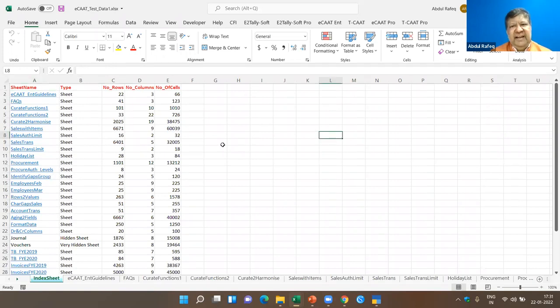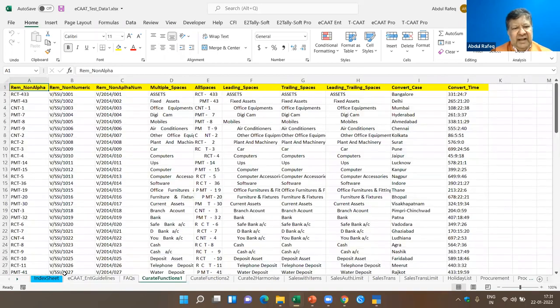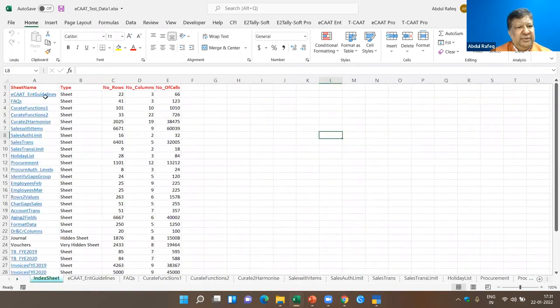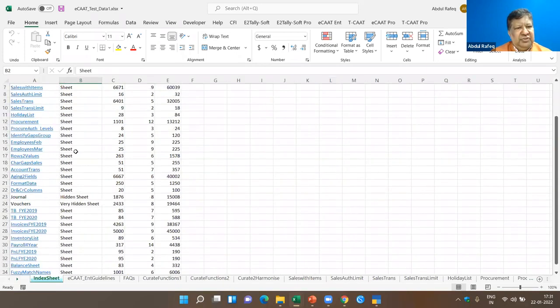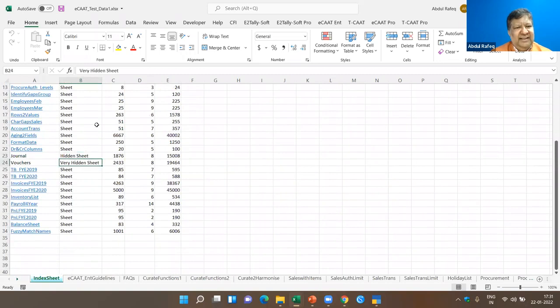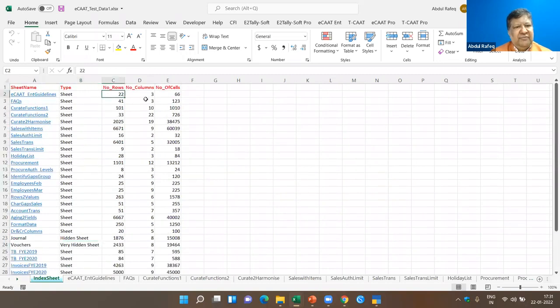This is called index sheets. Now, if you see here in this case, I have a list of all the worksheets which are available, and these are beautifully organized with the name of the sheet. It also tells me the type of the sheet, whether a hidden sheet or very hidden sheet. It also tells me the number of rows, number of columns, and number of cells, which means quite